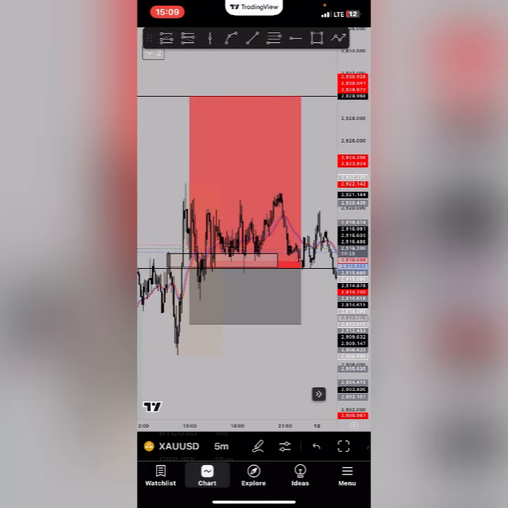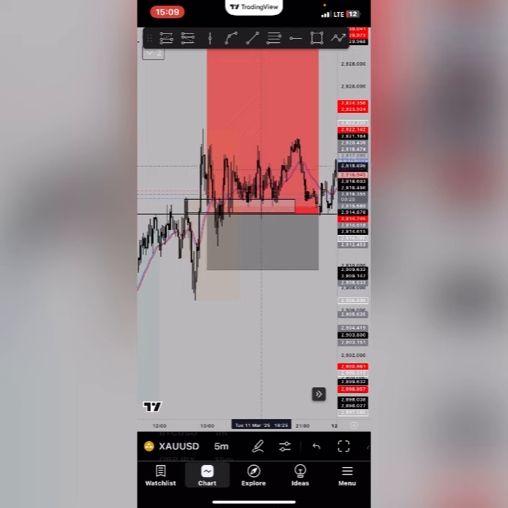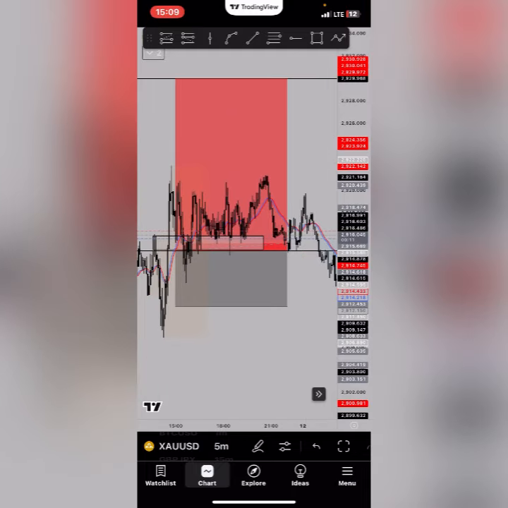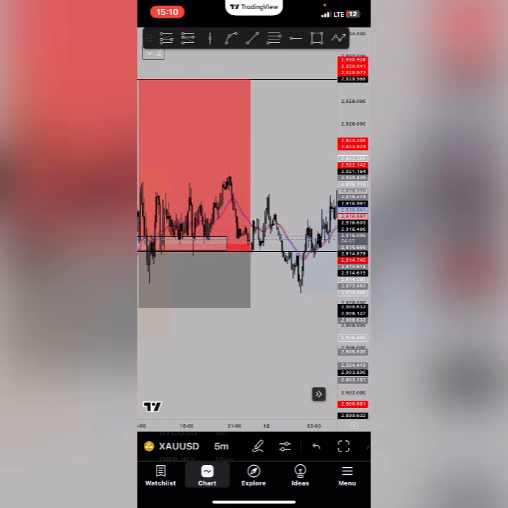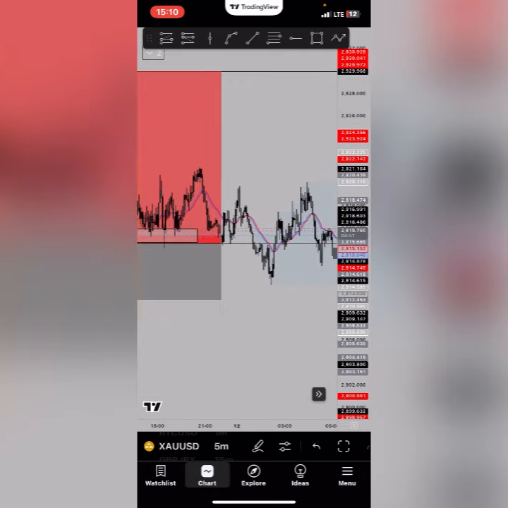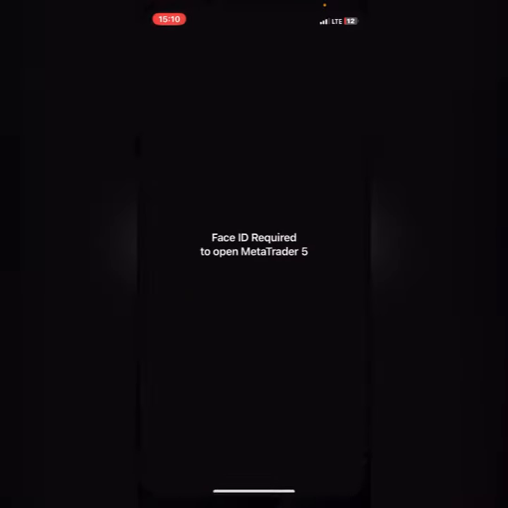I saw that price was just consolidating, and I closed one position because that one was far from my initial entry, right? I think the entry was around here, and I closed that position. I left the one under to run, right? So price came all the way to this point and started dropping. So I'm getting here, I had to close at little profit, right? Let's just say break even, right? So I closed the position just because I know today is CPI, so I had to just close that position, right? Let me quickly show you on my MT5, right?